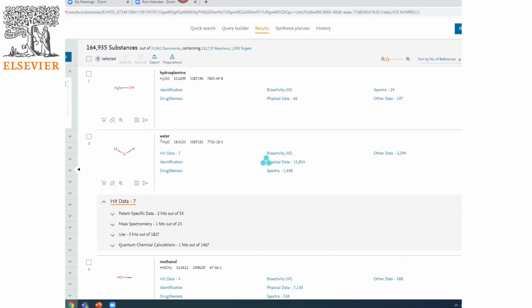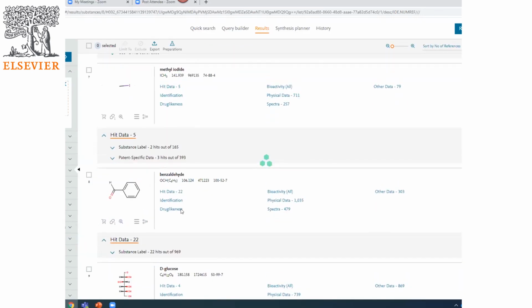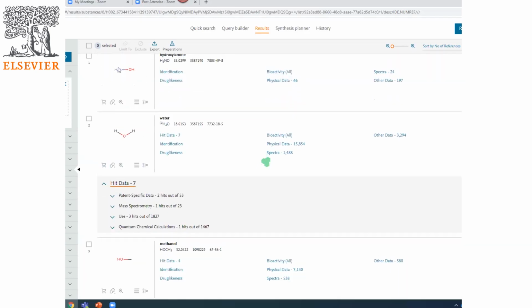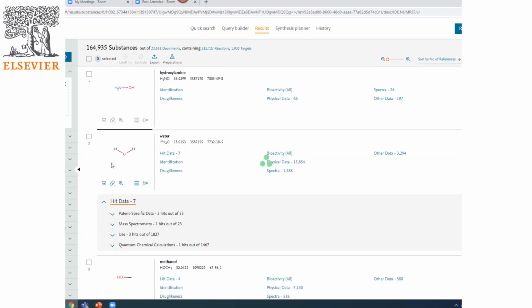This will show us all compounds, for example, like benzaldehyde, which contain an aromatic ring from our 164 substances, which we see right now. An additional filter available there is substance class. These are different criteria which you can browse to understand more about substances. For example, filter by functional group, by ring classification, by Richter classification.